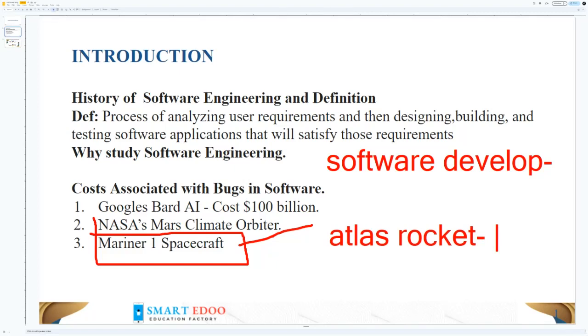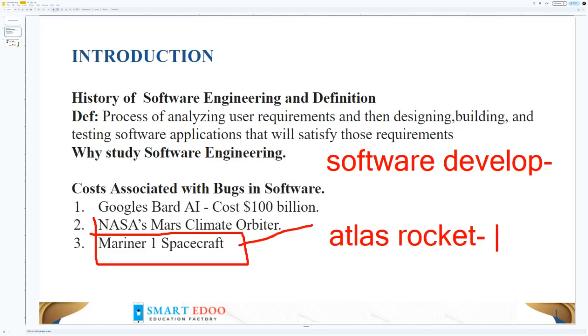One character was missing in the equation, and just 4 minutes into the flight, the Atlas rocket blew up, and with it, the Mariner 1 spacecraft was gone.